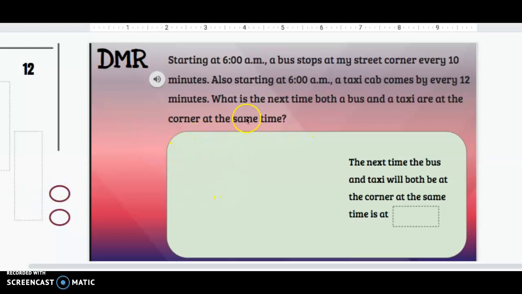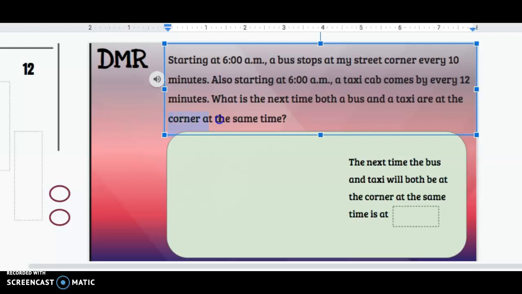Okay, so your key words here are when are they going to be at the corner at the same time? Hold on. So at the same time. So I'm going to highlight that. And they want to know when both the buses and taxi will be there together. That's the other key word. So for that, we know we're doing